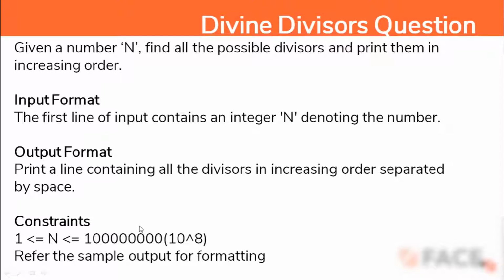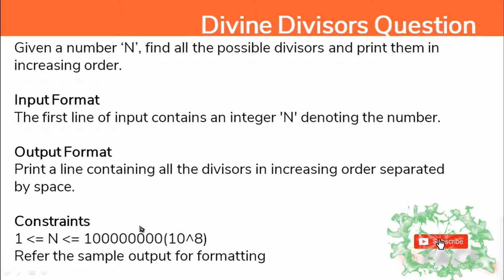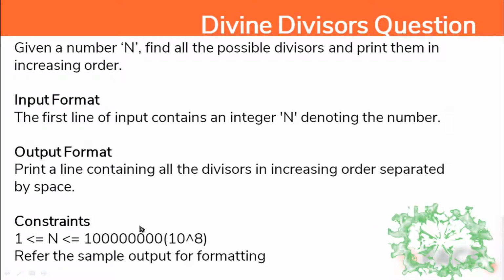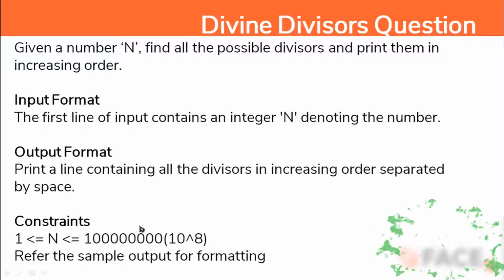The thing here is this question is super easy. You can just think of a single loop going till that particular number and checking if the modulus of this number is 0, then you are just going to simply print out that number. But as you can see here, the constraint is that the number is very big, and it is 10 to the power 8. So you have to think of a more optimized solution, because you can't go up to even big n. We have to optimize the solution. That is what we are going to do now.